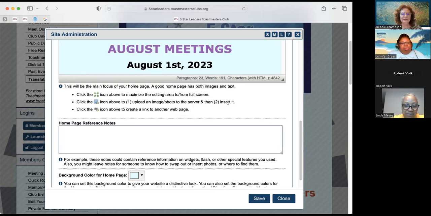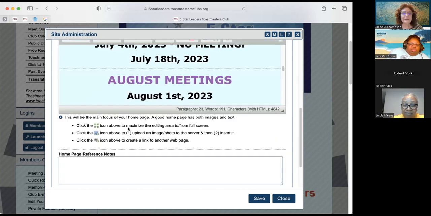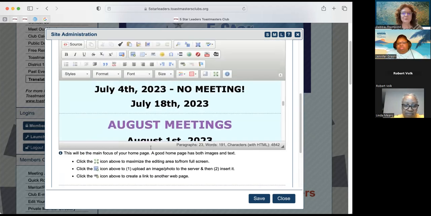So that's just another little cheat sheet if you forget what we did. This little link icon says this is how you create a link to another website page. So you can do that as well. But a lot of times the pages will have really good instructions for you.